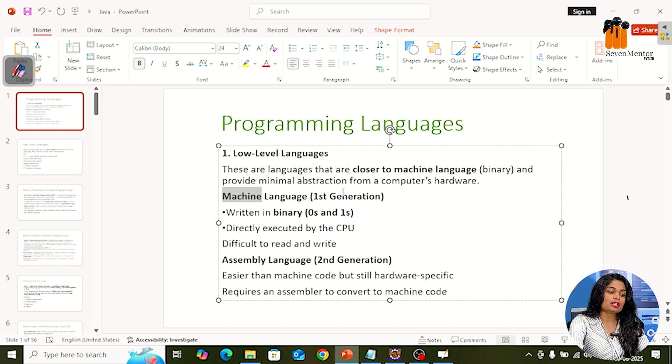Now again, what is meant by machine level language and why do we not use it? In simple terms, machine level language is also known as the first generation. Why are we not using it? We are human beings. We only understand English, Hindi, Marathi, those languages we can easily understand. We are not able to understand 0 and 1 continuously.